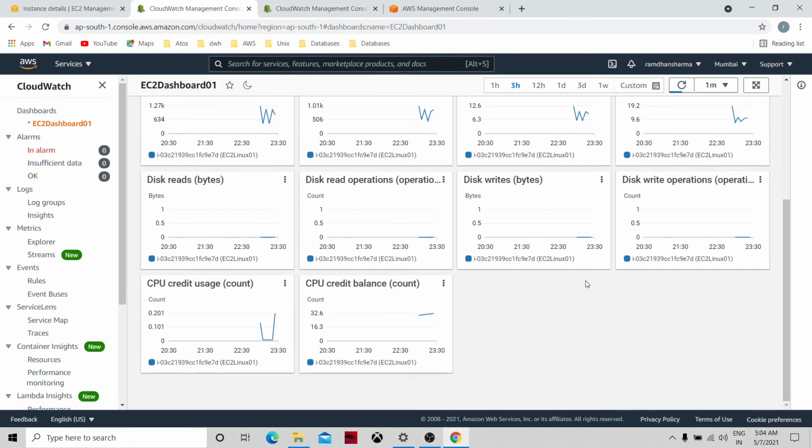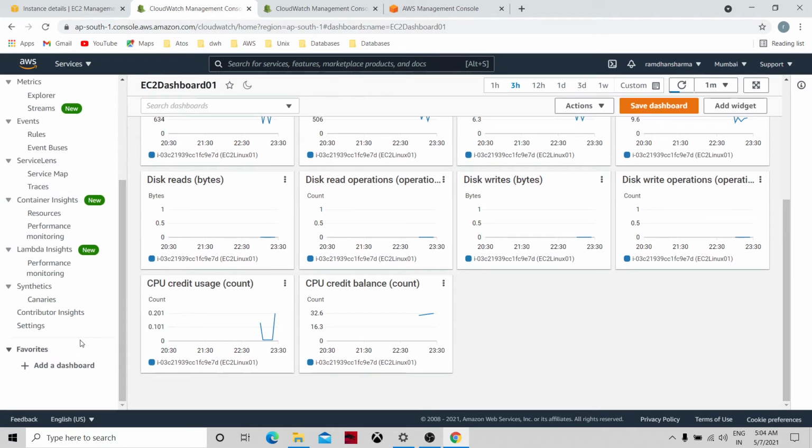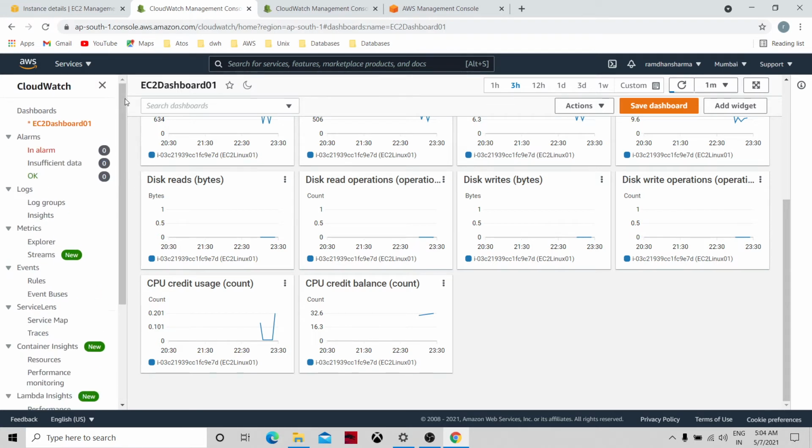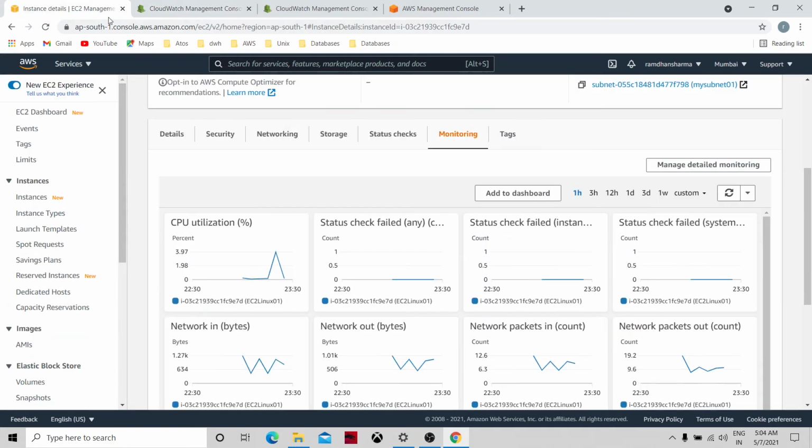Let's create one more dashboard to watch the same machine. One way to create the dashboard is in the EC2 instance and add to the dashboard. These kinds of options will come in other services as well, like database instances, if you create RDS and so on.